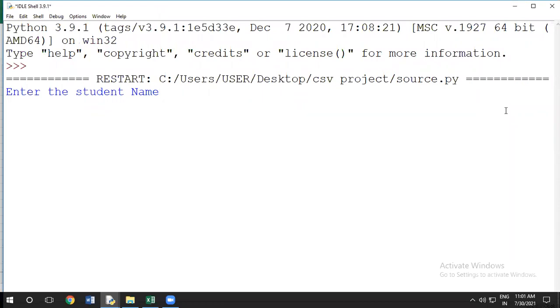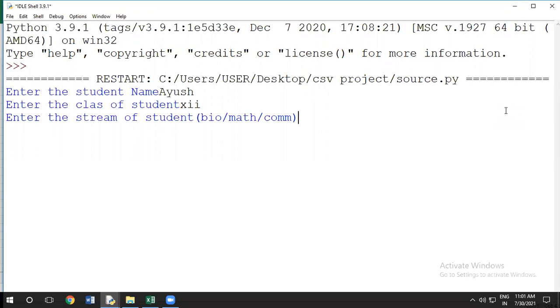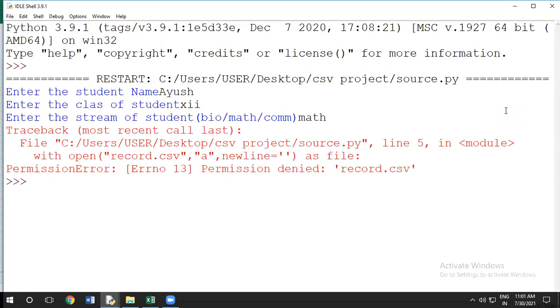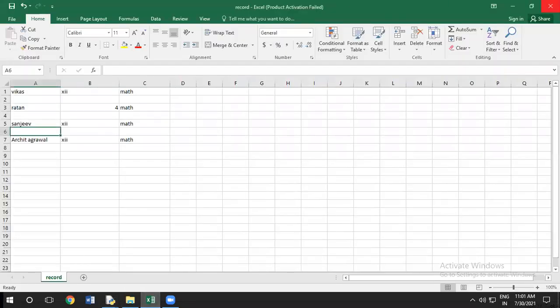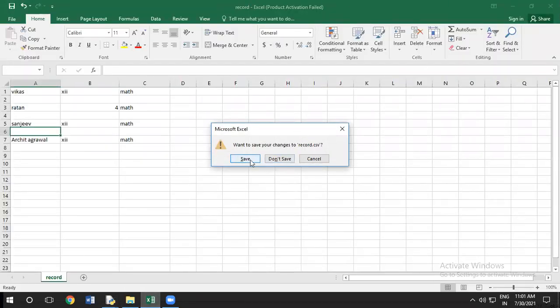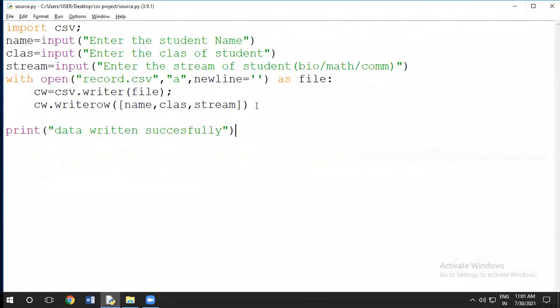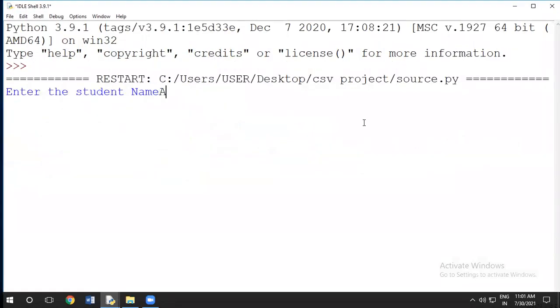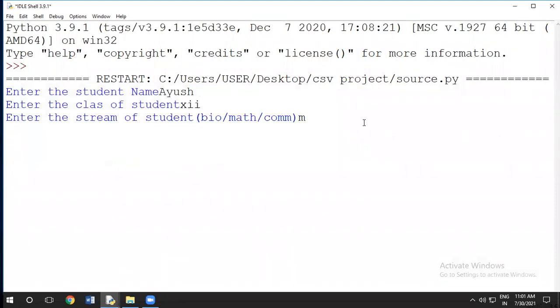Here I have given iOS, class 12, stream is math. Oh, I have still opened the CSV file. Look here. And again, iOS, 12th math. Data written successfully. Come here.